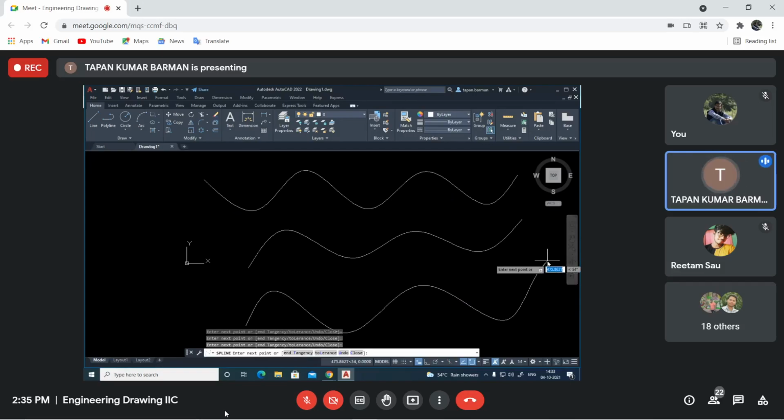In AutoCAD 2007, you will find start tangency and end tangency. Here, that start tangent is not available, but end tangency is there. To take this end tangency, you need to type T, enter. This is my end tangency. Yes, this is my curve. So can you draw one curve using this spline?